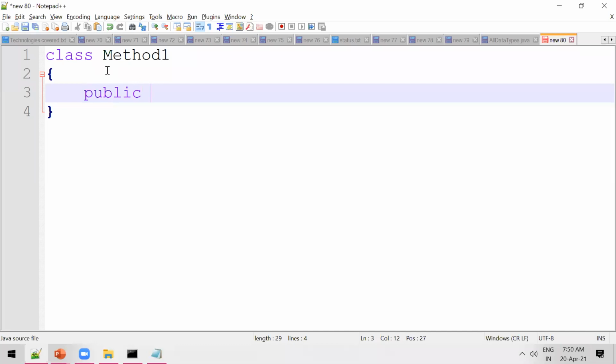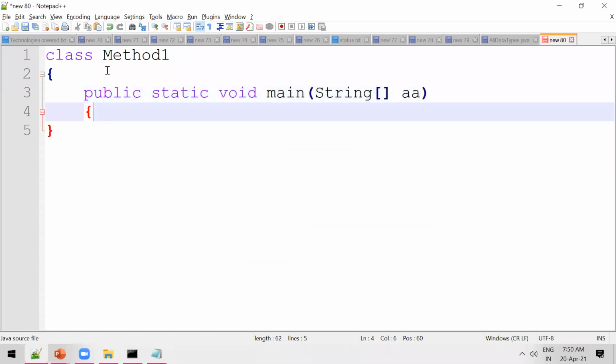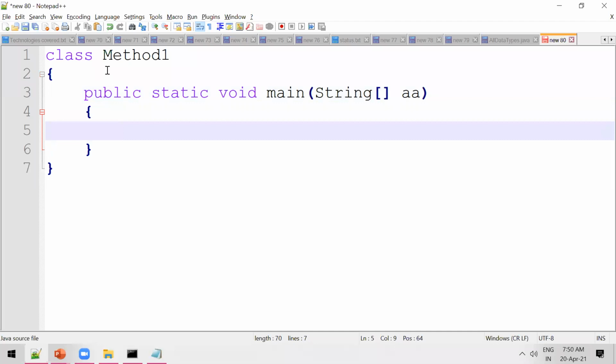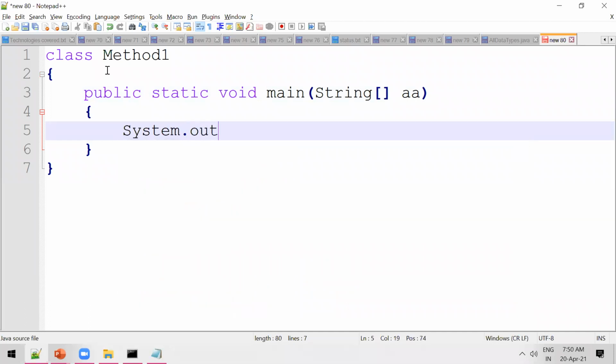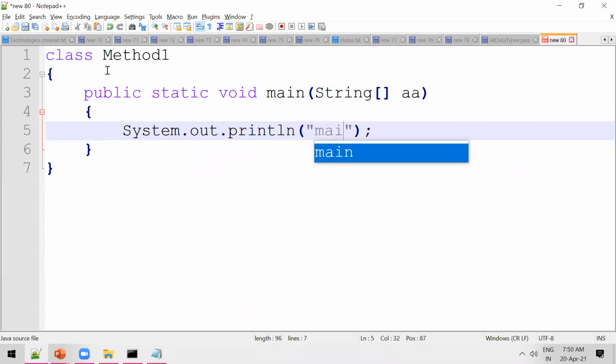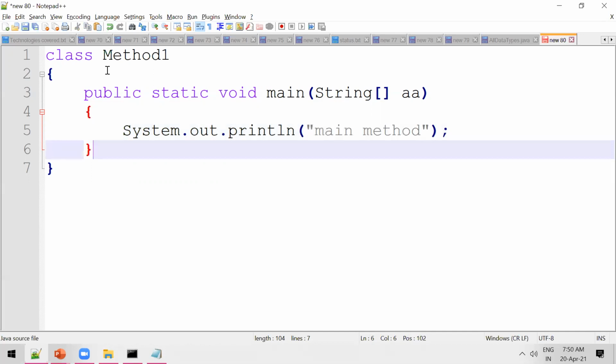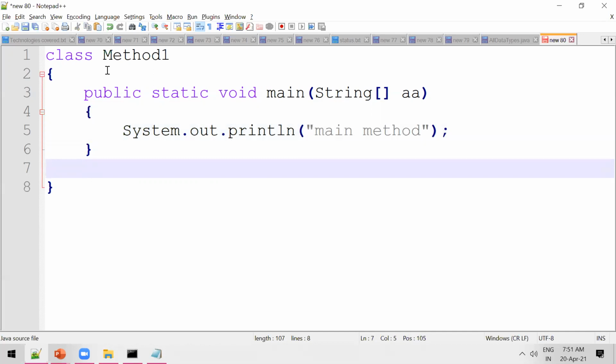So write public static void main, string array arguments. This is the class name. This is the method name. This is the main method. In the same way, if you want to define one more method, it is simple.